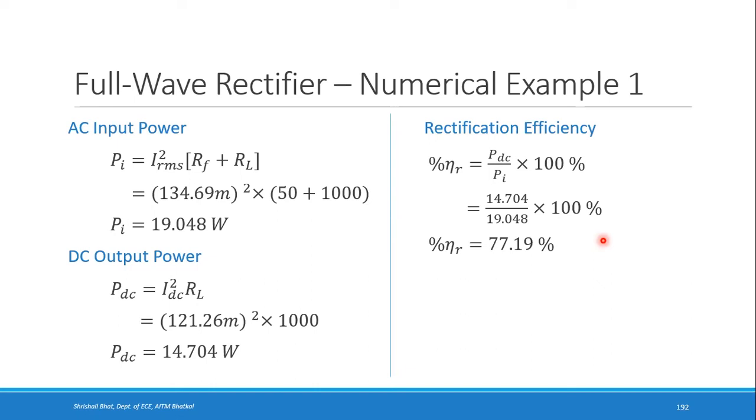You can see it's very good compared to what we obtained in the half wave rectifier. You used to get 36, maximum 40 percentage, right? Here you get 77.1. And whatever value you get, it should not be more than 81.05. If it's more, it's wrong. Maximum efficiency is 81. It cannot be more than that. So what you have got is right, maybe 77.19. So that's all that is asked here, right?